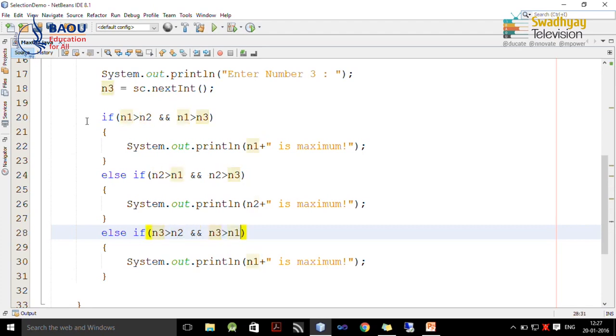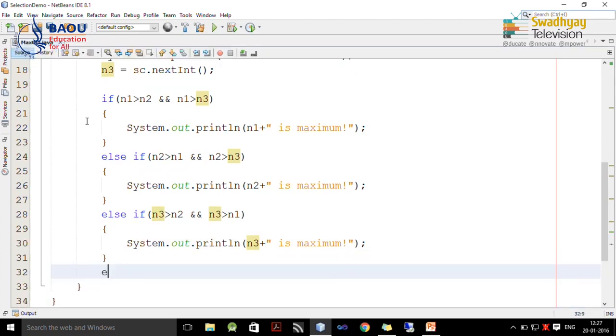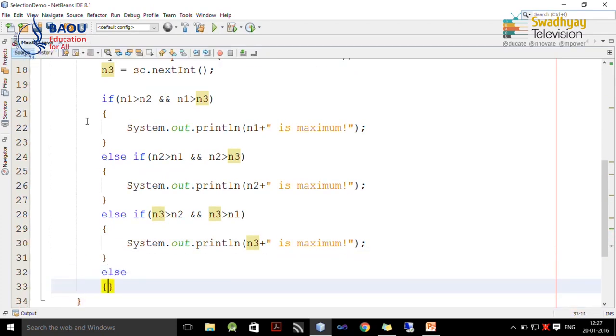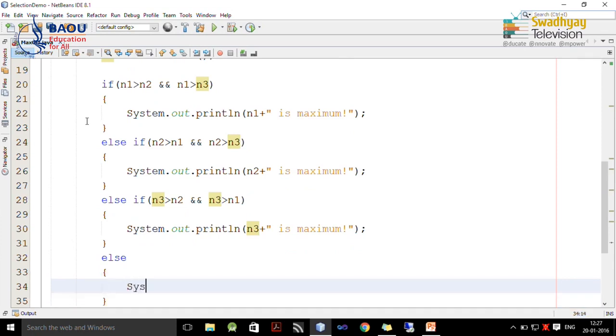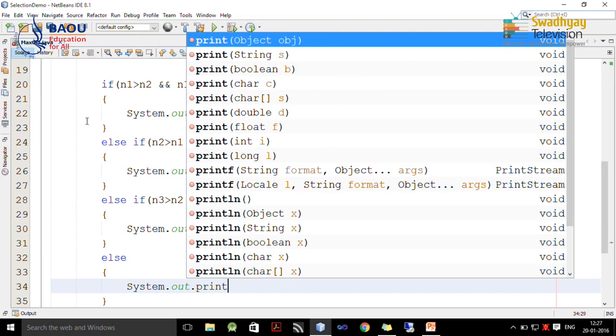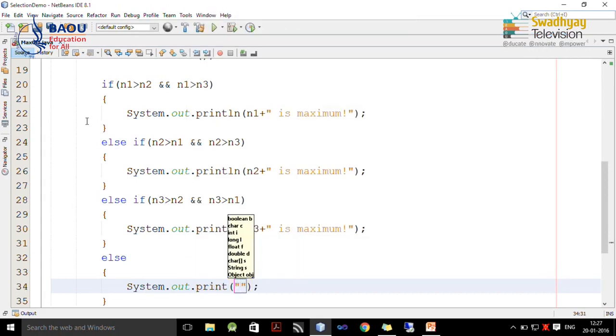So, here I write down n3 greater than n2 and n3 greater than n1, and if it is so, it means n3 is maximum. If all these conditions are false, what we can say is the numbers are not distinct or there may be more than one maximum.